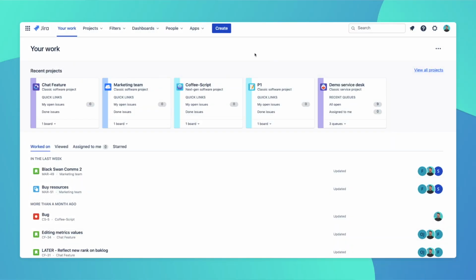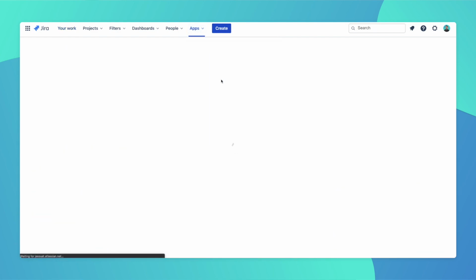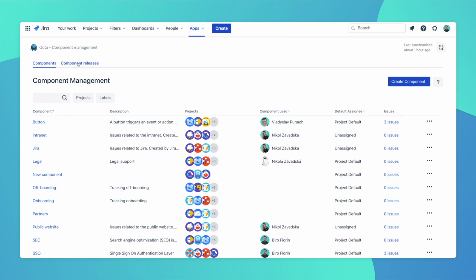Octo is the smart way to manage your components in Jira. You can access Octo by clicking on Component Management within the Apps menu, which should take you to the Octo page. You'll notice that the page is divided into two main sections: the Component Management section, which gives you access